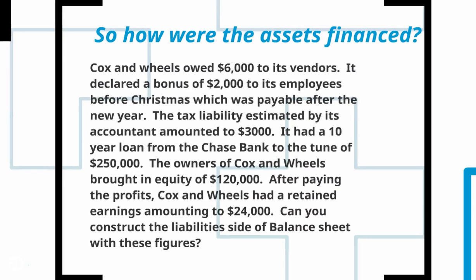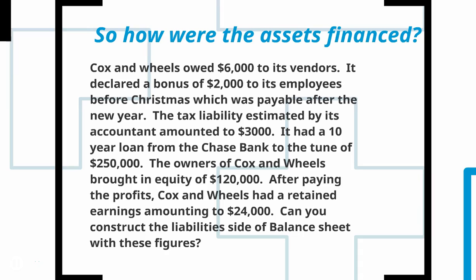So how were the assets financed? Cogs and Wheels owed $6,000 to its vendors, repayable over the next 1 year. It declared a bonus of $2,000 to its employees before Christmas, which was payable after the New Year's. The tax liability estimated by its accountant amounted to $3,000. It had a 10-year loan from the Chase Bank to the tune of